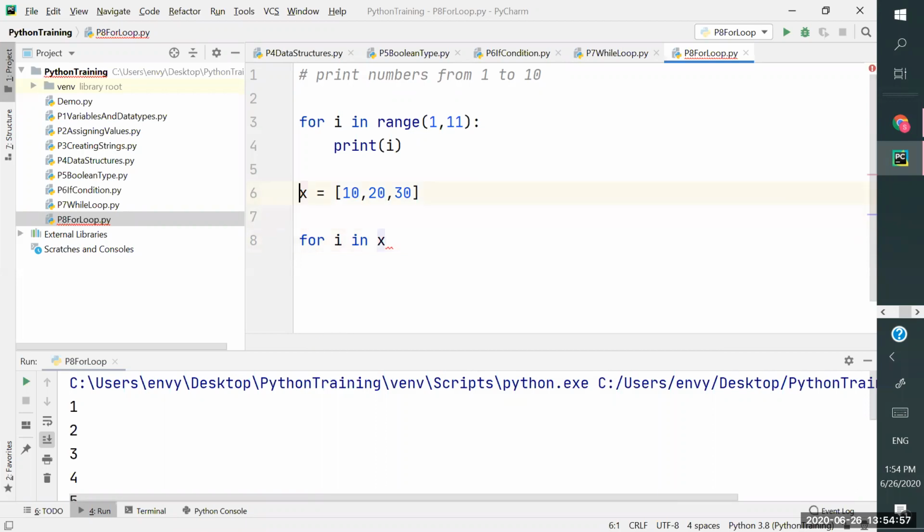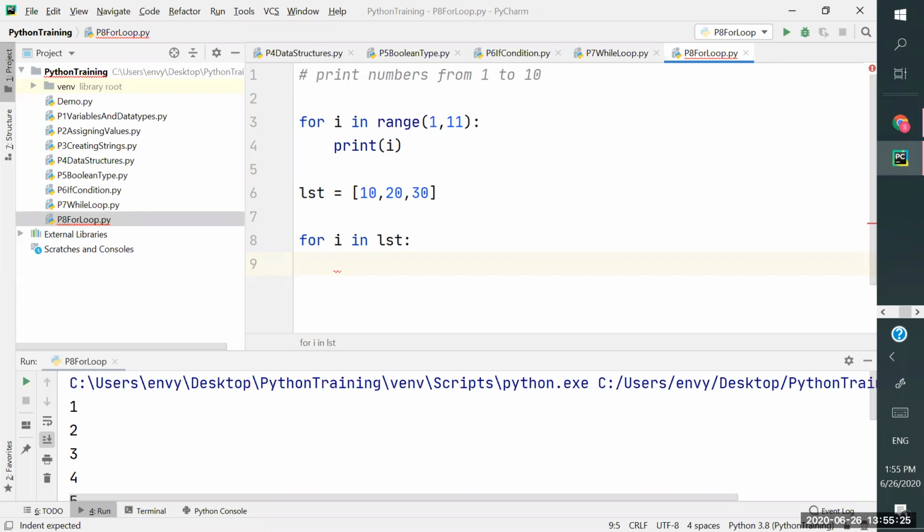I'll use some meaningful name here, LST, and colon, and as usual, the block starts from here. You need to use tab. So don't ever forget it. Python syntax is a little bit confusing because of using tab. In other languages, you mostly use braces for creating a block, but when it comes to Python, you are going to use tab.